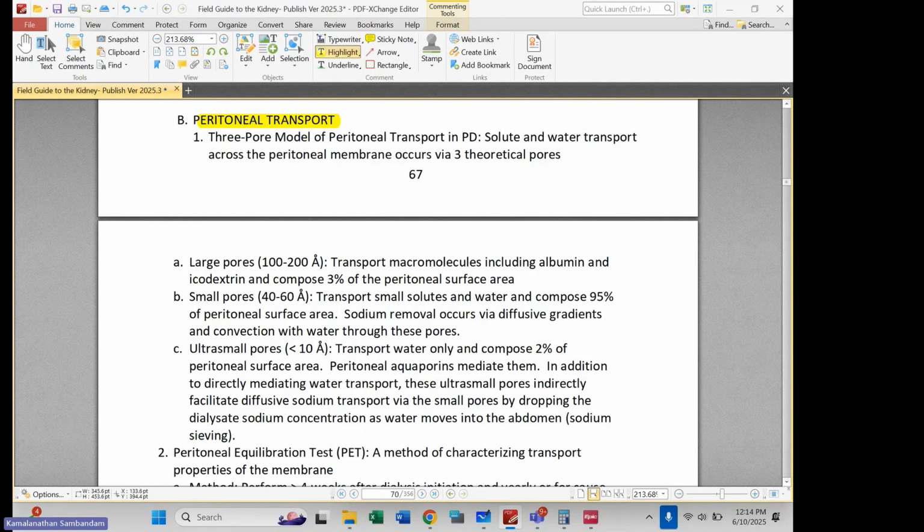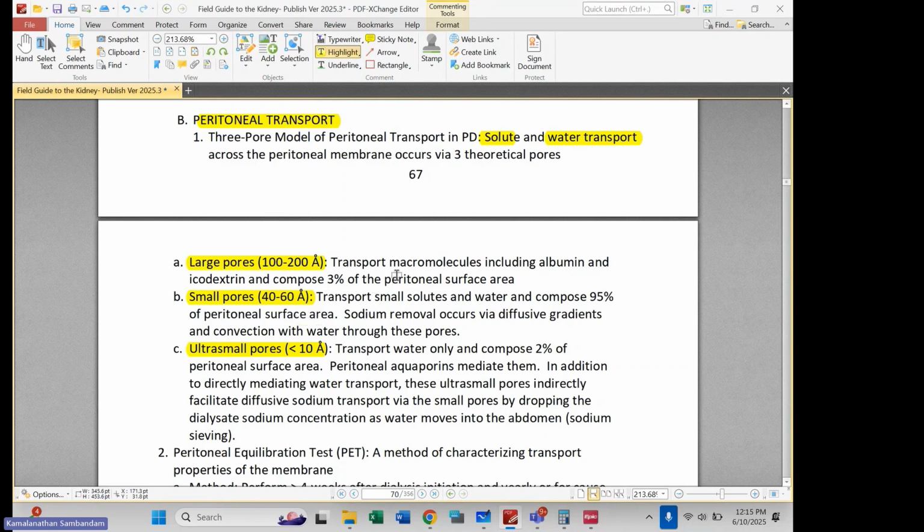Okay, this is a model. This is not necessarily a one-to-one translation to what is actually happening in vivo, but we describe transport in terms of solute transport and water transport across these theoretical pores. Okay, we describe them as large pores, small pores, and ultra small pores. Okay, what do these refer to? Well, these